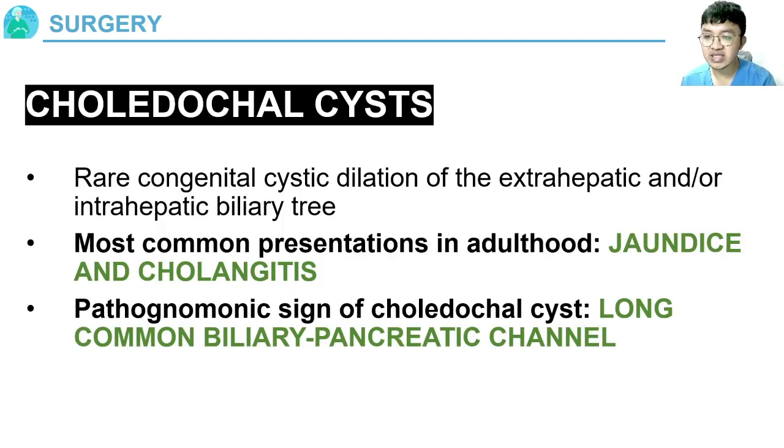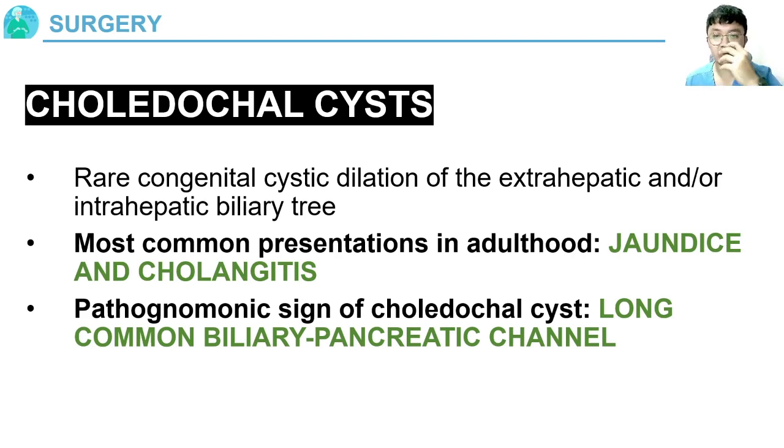So choledochal cysts are rare congenital cystic dilations of the extrahepatic and or intrahepatic biliary tree. Usually in adults, they present as jaundice and cholangitis, and the pathognomonic sign of a choledochal cyst is a long common biliary pancreatic channel. So choledochal cysts are basically your common bile duct being very large. The reason for this is the inflammation and irritation that occurs over time, due to a long common biliary pancreatic channel more than 6